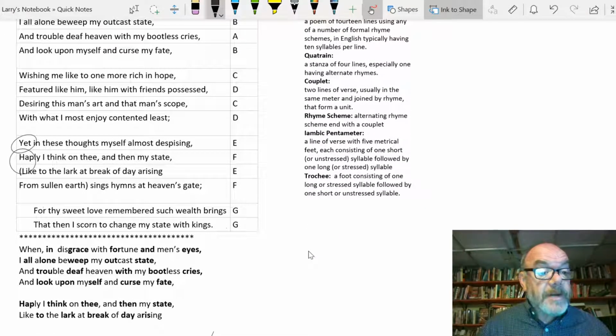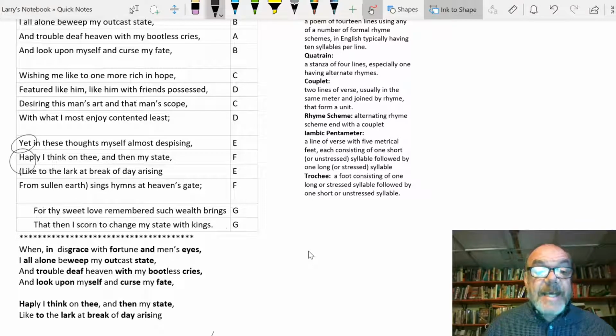Also, if you think about the line, "like the lark at break of day arising," nice use of alliteration, like lark. Also, we have nice use of consonants. We have that quick sounding K in like, lark, break. And now, I like to say Shakespeare did this on purpose. We have 11 syllables in that "like a lark at break of day arising," to show that I'm in such despair, I'm in such a feeling like such an outcast, that I lack so